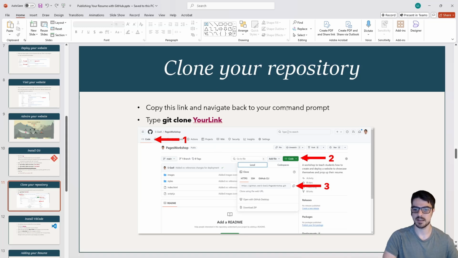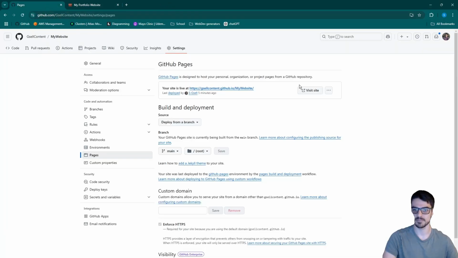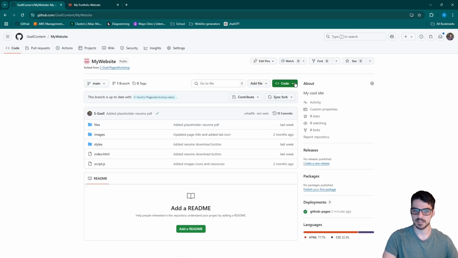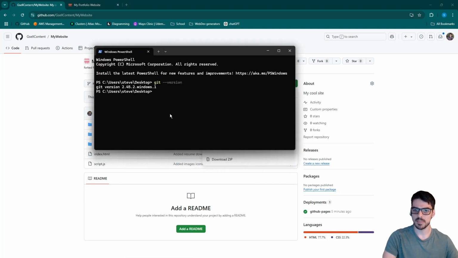And so you're going to need your repository link. And just so you know, this is not the link that you just clicked on in order to bring up this page. So don't get this URL right here. You're going to want to navigate back to the code tab here, and come back to this tab, click on this green code button, and then this is the link that we want, this .git link. And you're going to click the little copy to clipboard, and then you'll be able to open this back up, and you're going to type in the command git clone,